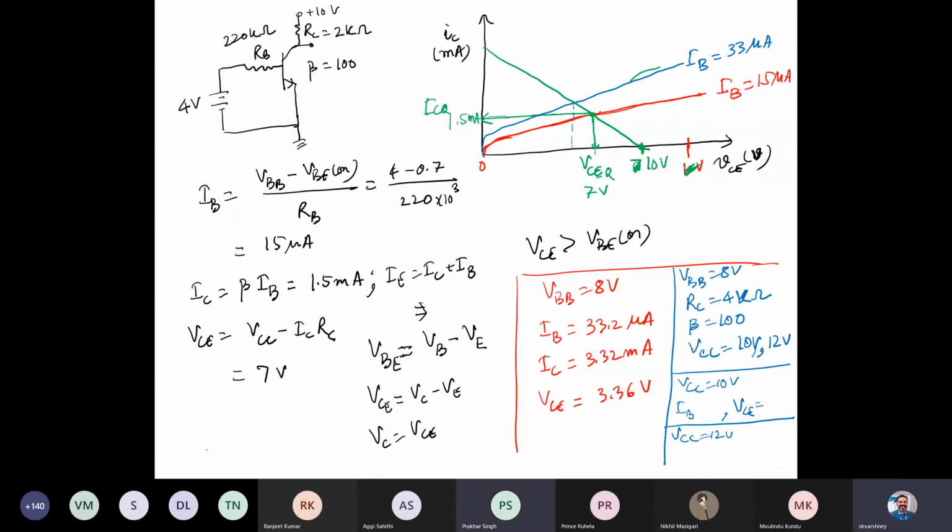So it's not VC coming negative. For which case, this is for VCC 10 volt. How much is IB? 33, the same 33. Okay, it remains the same 33? Okay, but the VC would be changed, right? Because it's 4 kilo ohm, right? How much is now VC?